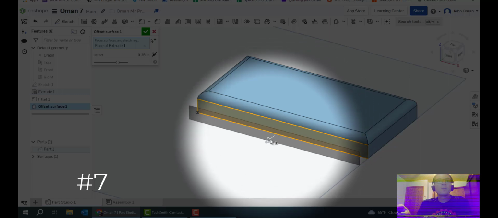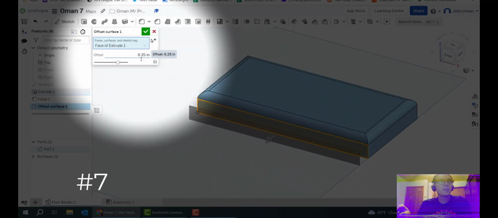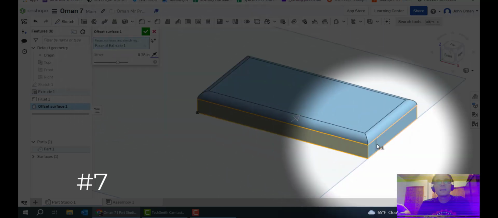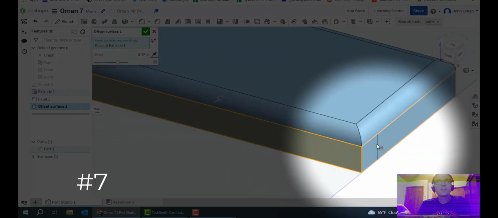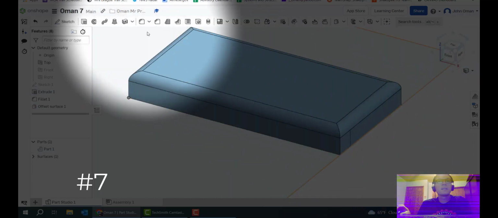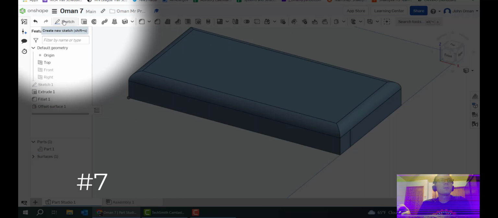And notice right now it wants to offset to the outside. We want to go 0.25 to the inside. For me, 0.25 is already selected. Okay, so we need to switch directions right there at that arrow. And it's set in, you can see it. If you look hard, it's right there inside the object. Hit OK. Now when we sketch,